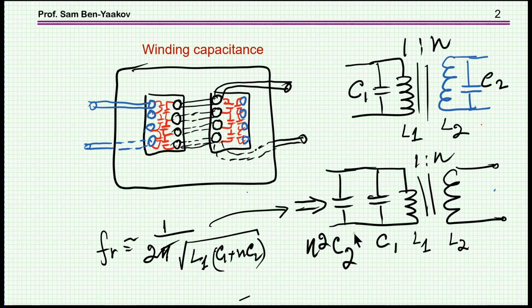Now, this total capacitance plus the inductance of the primary have a resonant frequency, shown here. This should be n squared. And therefore, you cannot use the transformer or inductor if you are approaching this frequency. So this is a limiting factor in the use of a wound magnetic device. If you need a device for high frequency, then you have to somehow find a way to lower these